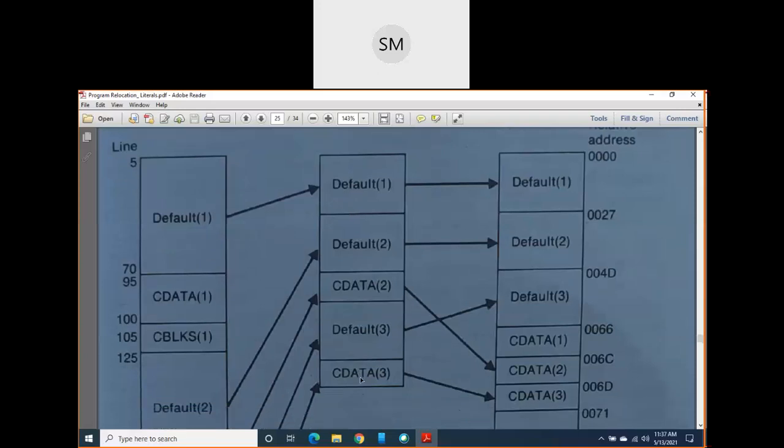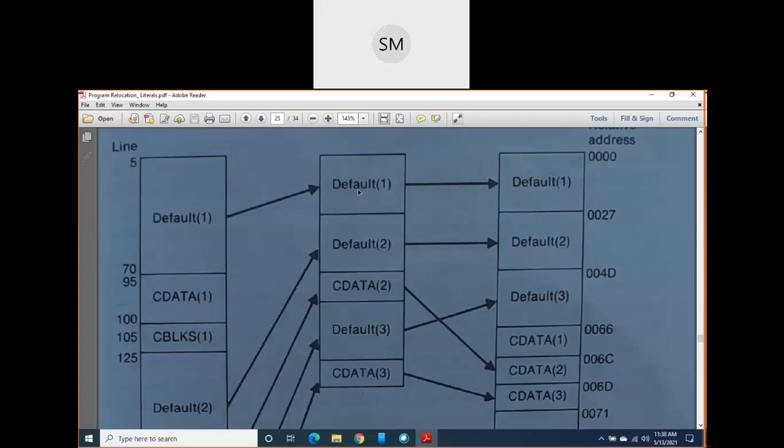Okay, just remember. So now onwards, what happens, actually I told you in the beginning, the loader actually requires the program not in this order. It requires the program in some other order. It expects the first block completely, that is the default block. After the entire completion of the first block, the default block only, it wants to load the second block, that is the C data block.